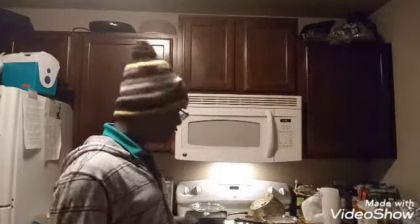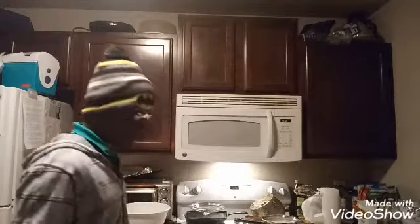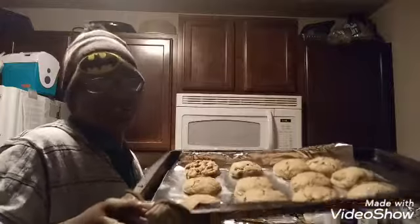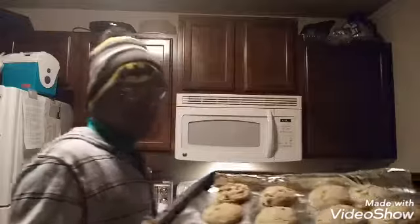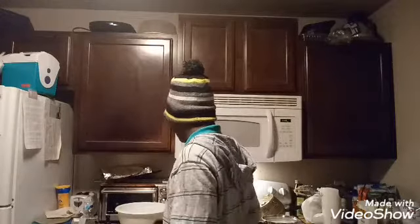Okay, timer just went off for the cookies, so we're gonna take those out the oven right now. And let me see. Look at that. That's like some Nestle Toll House, if you feed me. But yeah, look at that. They wonderful. Yeah, these gonna be some good cookies. I made a good cookie recipe. I'm real proud of myself. Anyways,